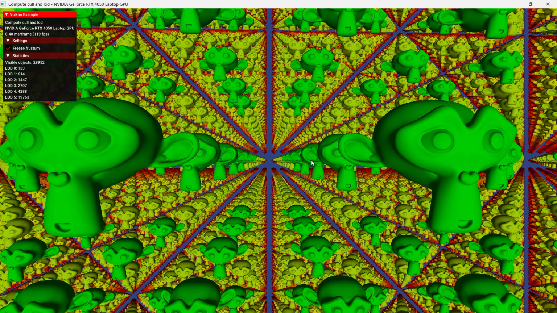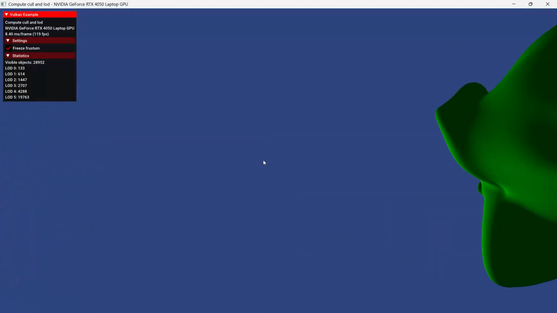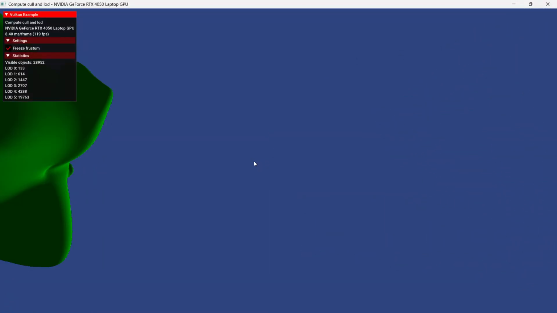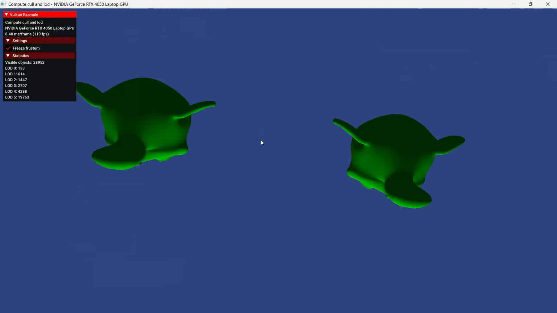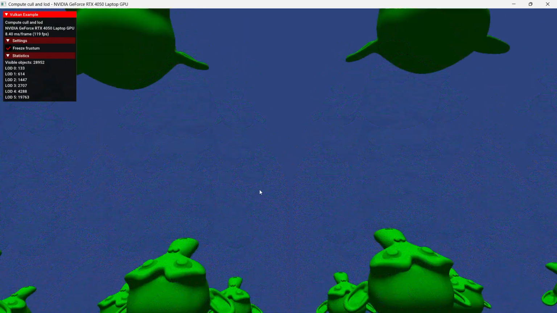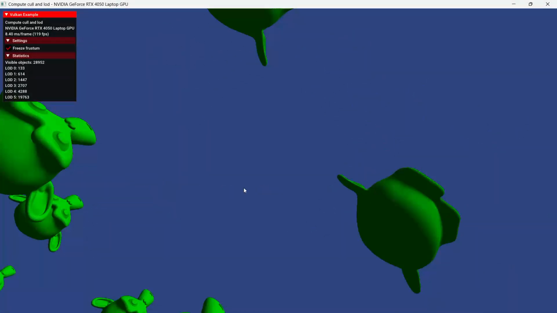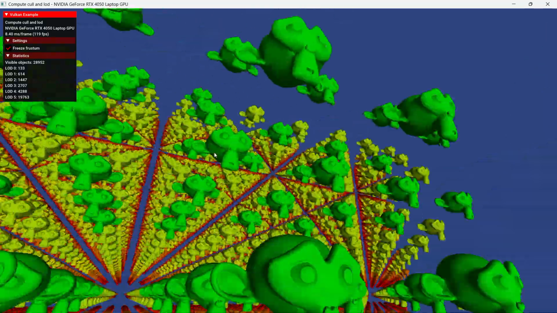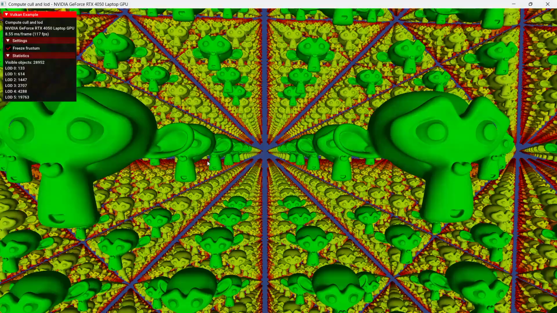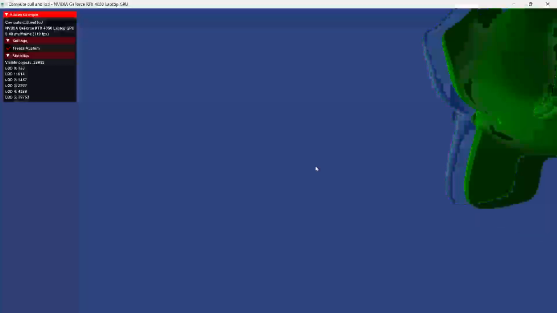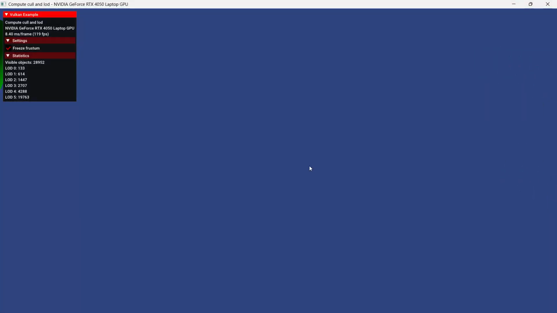So when you freeze frustum, you're going to see now that everything behind the camera disappears, right? Everything behind the camera, above the camera, below the camera basically disappears, right? We only rendered what was visible by the camera, right? So again, when we go behind the camera, we don't see anything because we discarded everything that was not visible